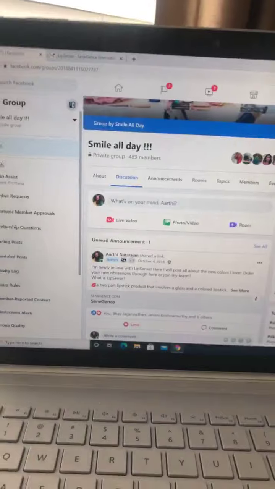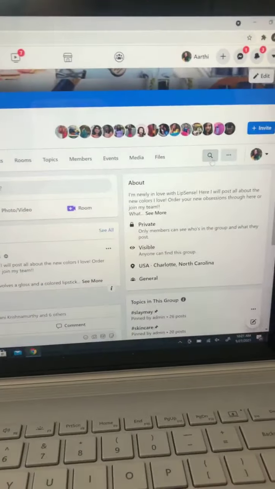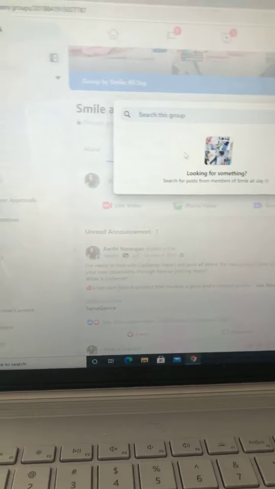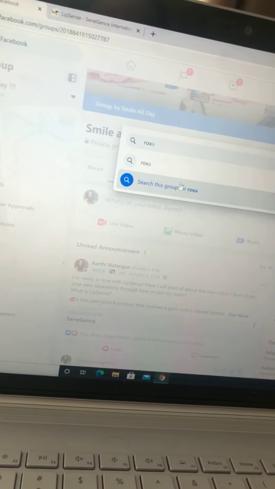I hope you find the difference between these, and all these pictures are in the group, and there is one more way to find it too. Let me show you. Let me go to the group and show you how you can find the colors, the color group again. Let me show that alone and then we'll be done. Once you go here, you can go to the group and, for example, search for, okay, let's see, Bellini, not Bellini, the Rockstar. Let's say Rockstar.